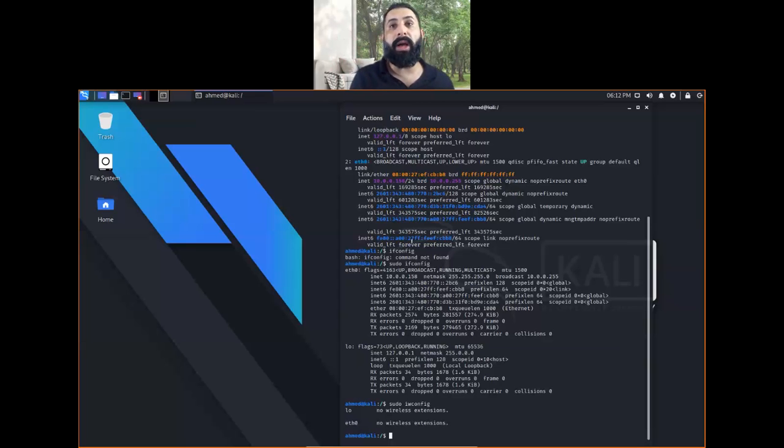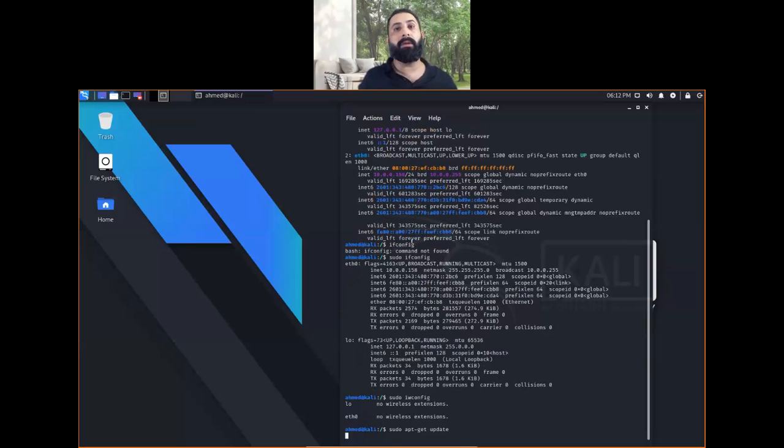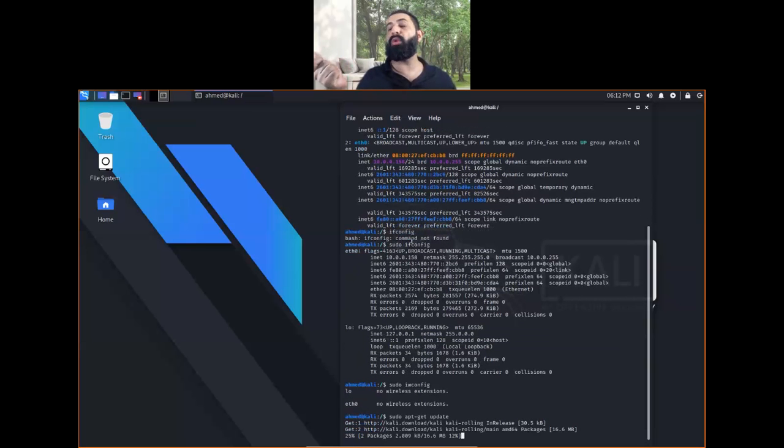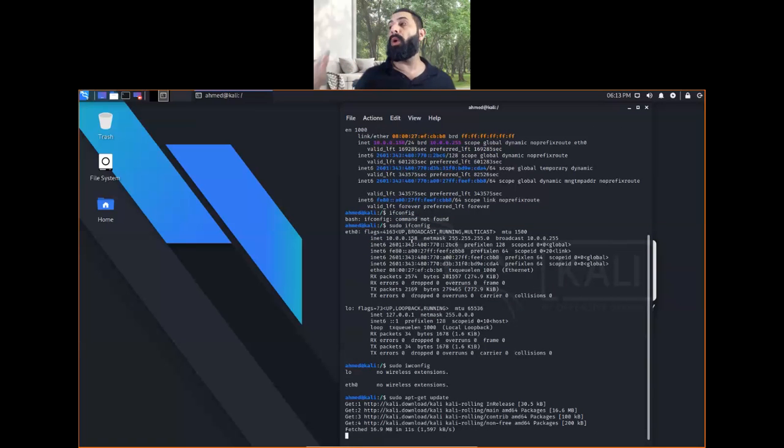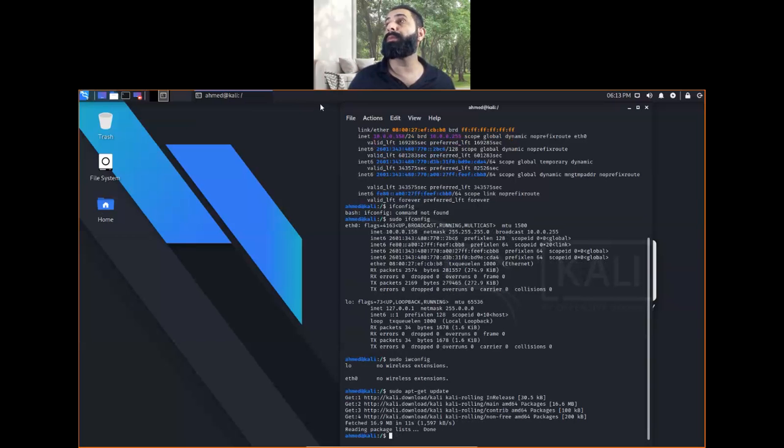What do I have more? I can copy, I can get updates. For example, I will let you see. So sudo apt-get update. I'm pulling out updates. It will load them, but will not upgrade them. So in order for me to upgrade it, I need to order Kali to upgrade it. Okay, so let it pull out, and we will switch screens until it's complete. It takes time, by the way.